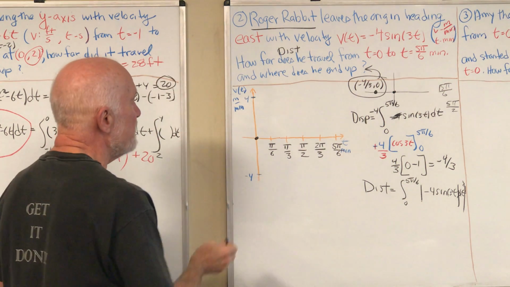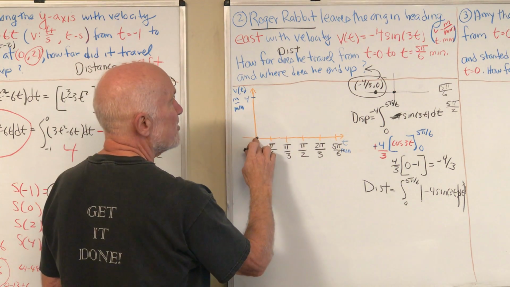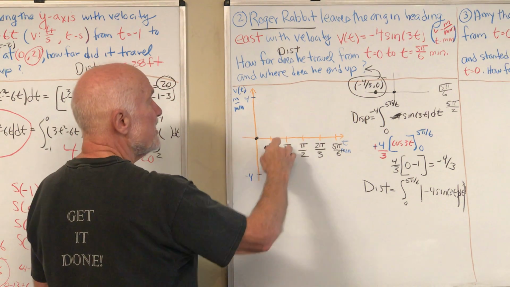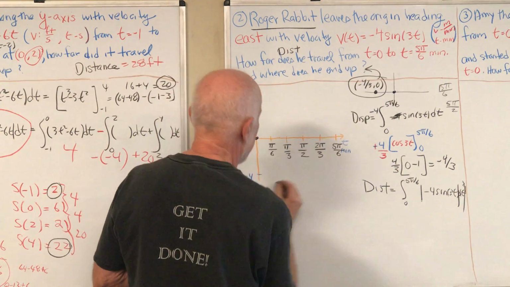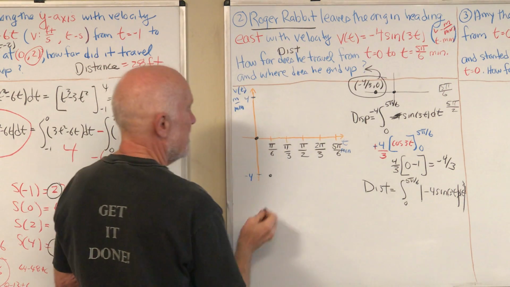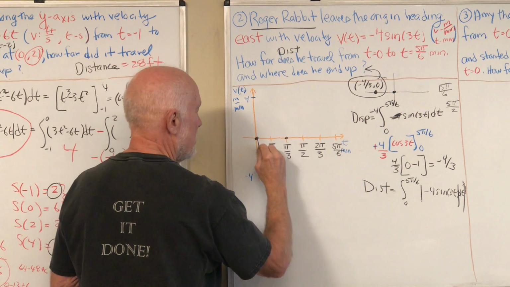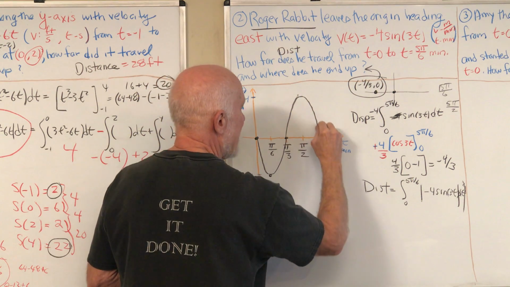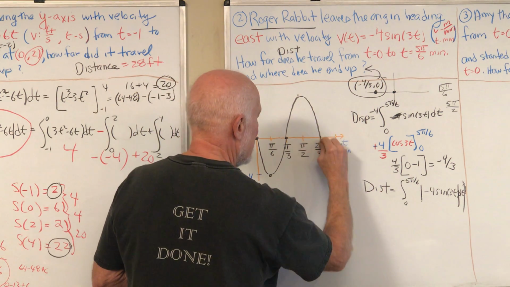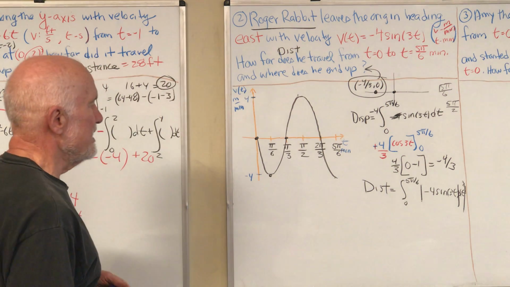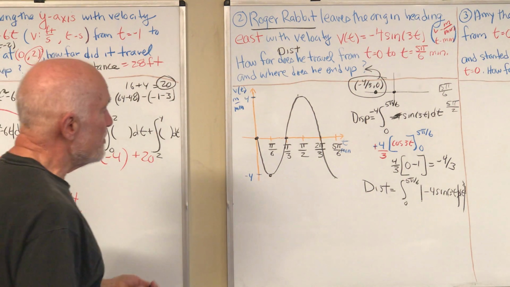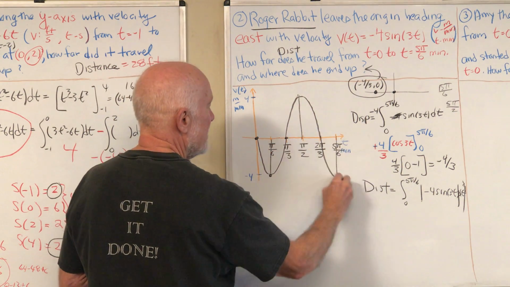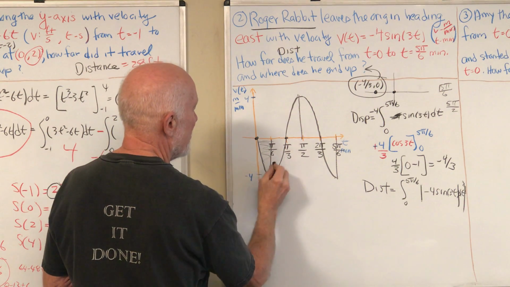So when you graph the sine function, the sine of 0 is 0. At this first point, usually you're up at 1, but here we're going to be at negative 4. And then we get back to 0, and then we go up to 4, and then back down to 0, and then back down to negative 4. Now, why this is so valuable is because if you divide this up, all of these little sections in here